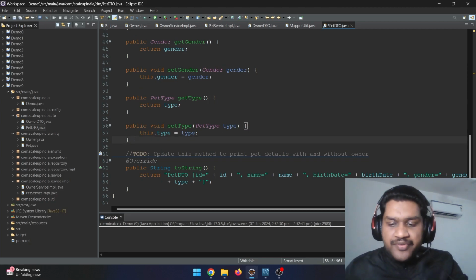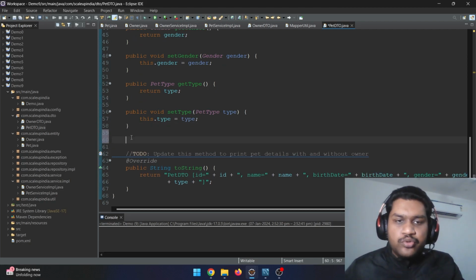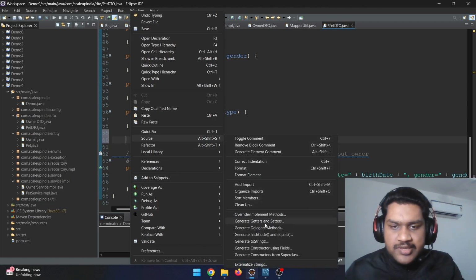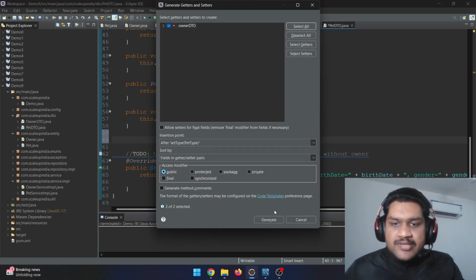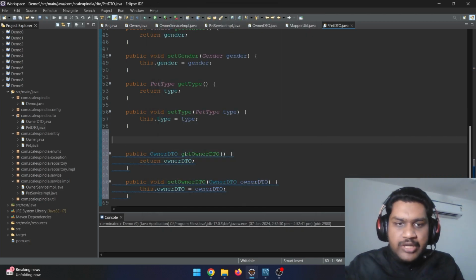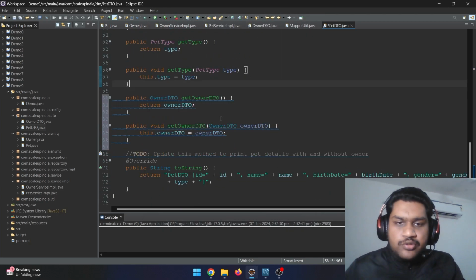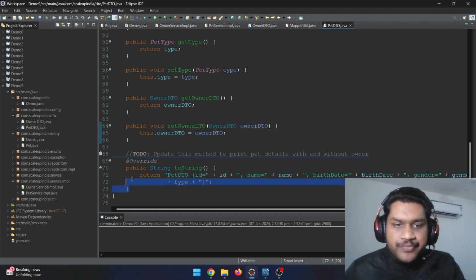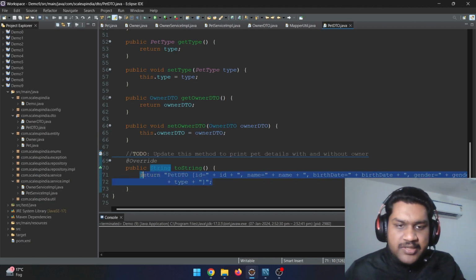And after this, we are going to have those getters and setters also. So let me just quickly go to source and say generate getters and setters, select all, and yeah, they have been generated. And as you know, we are not directly printing, we are taking the help of the toString method. So I won't remove this completely, instead I'll copy this particular part first. I'll tell you the requirement later on. So let me just copy